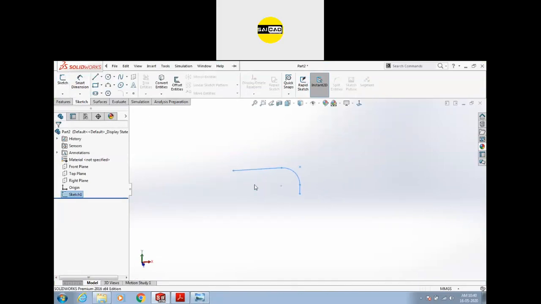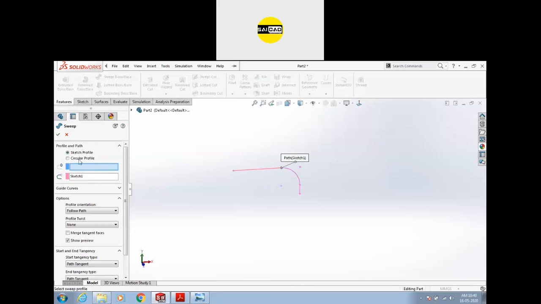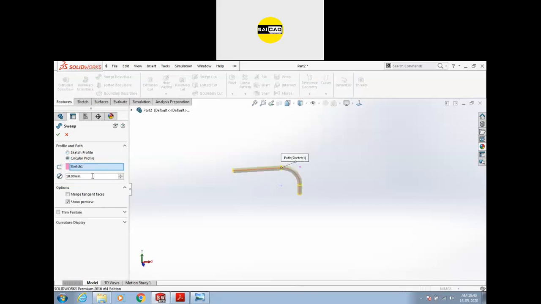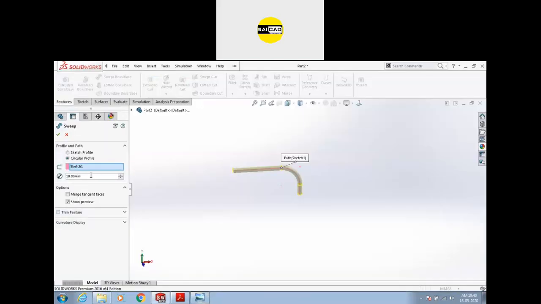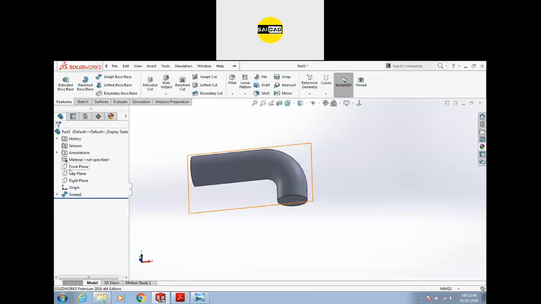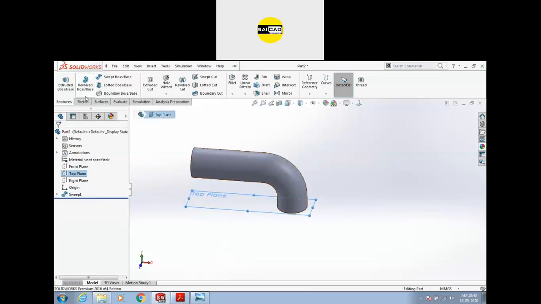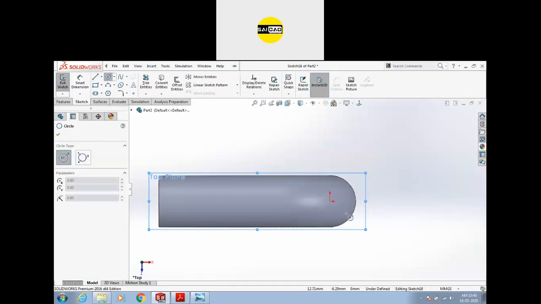Now we can just go to the circular profile and define the diameter. We have the dia here 43 for the outside. So to define the dia 43, and you can merge the tangent faces. Just click it like this. After that, we are going to create a base feature also. So the base feature is like that.